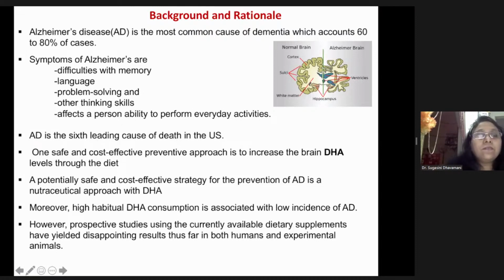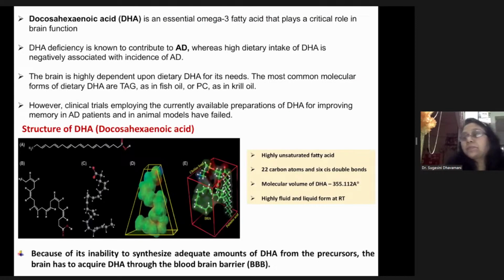But one safe and cost-effective preventive approach is to increase brain DHA levels through the diet. High DHA consumption is associated with a low incidence of Alzheimer's disease. However, prospective studies using the currently available dietary supplements have yielded disappointing results thus far in both humans and animals. I would also like to give a small introduction about docosahexaenoic acid, because the DHA